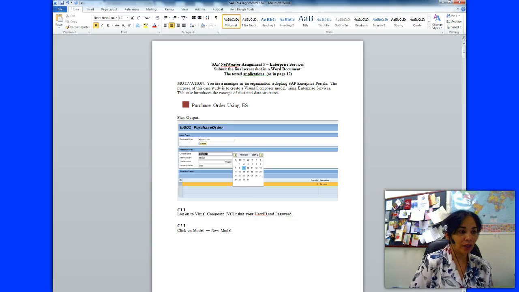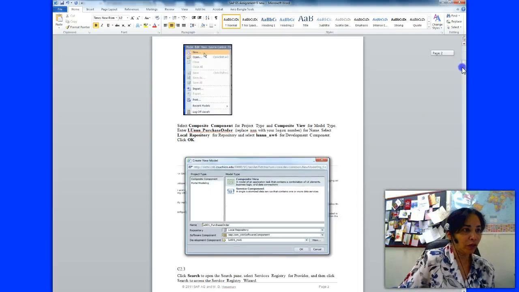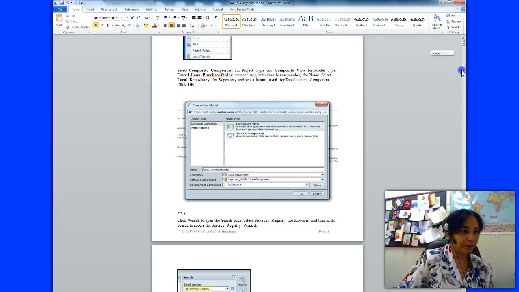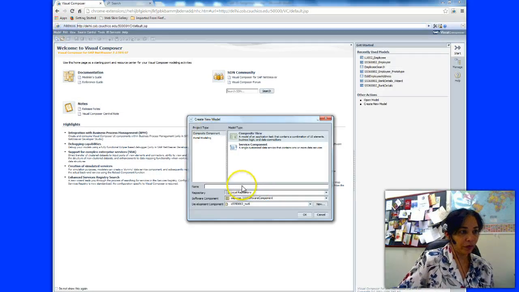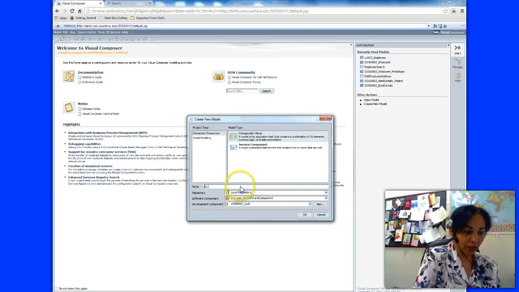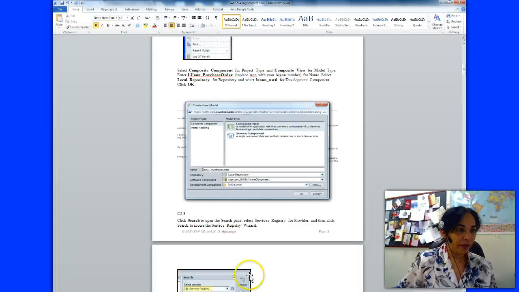To work on this assignment, you have to log on to Visual Composer using your ID and password, and then you have to create a new model and name it LU, your login ID, underscore purchase order. So let me do that. I get into new. Okay, so I will call it LU002 underscore purchase order. Okay, and then I will be using,